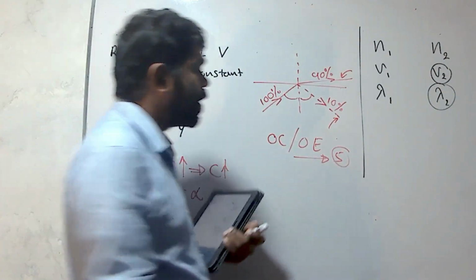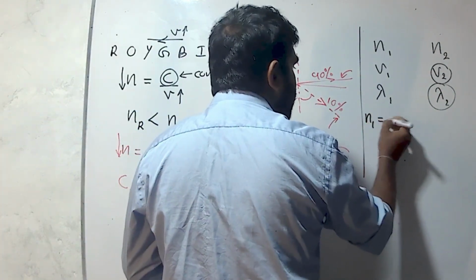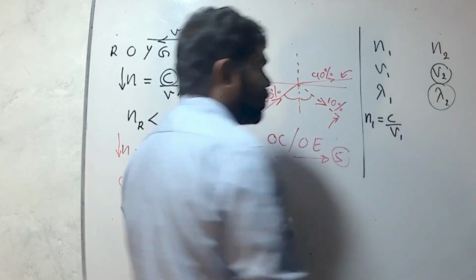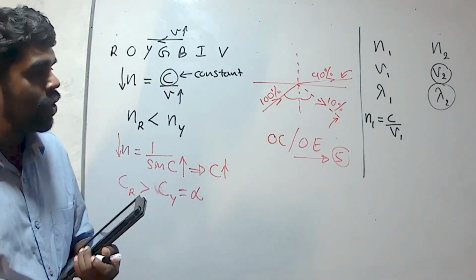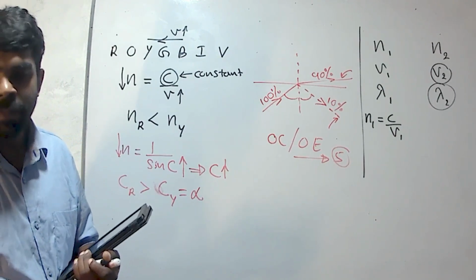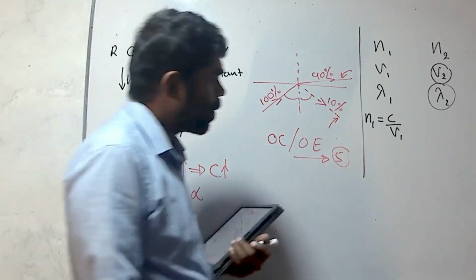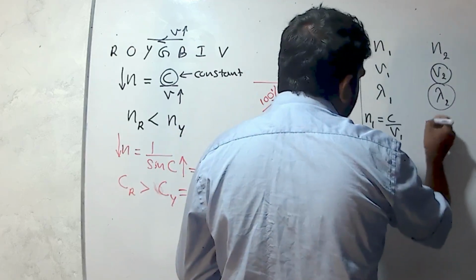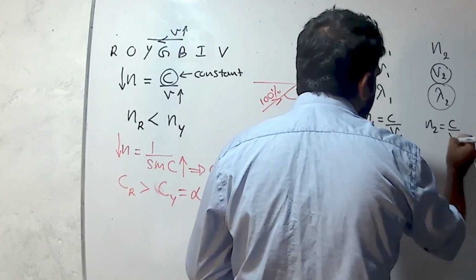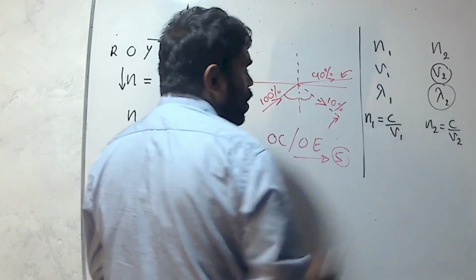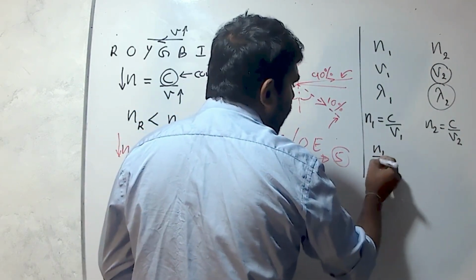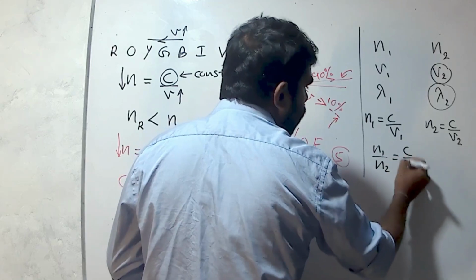We can write for the first medium, refractive index is C over V1, velocity of light in vacuum divided by velocity of light in the corresponding medium. For the second medium, we can write N2 equals C over V2. Then we can divide these two equations. N1 divided by N2 equals C over V1,